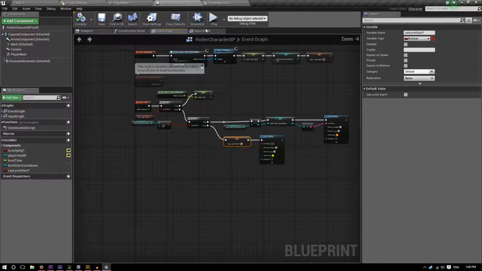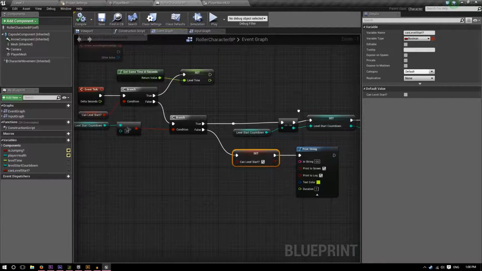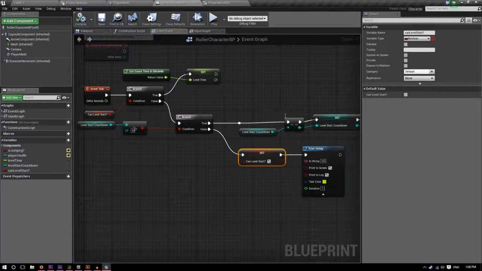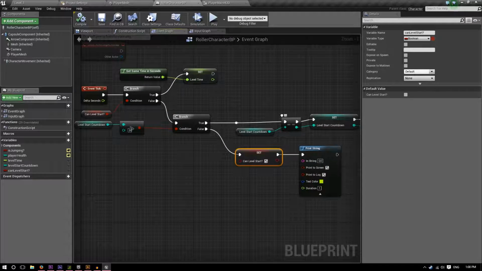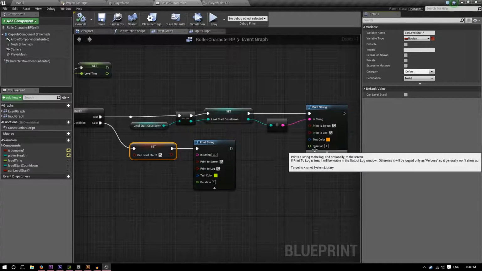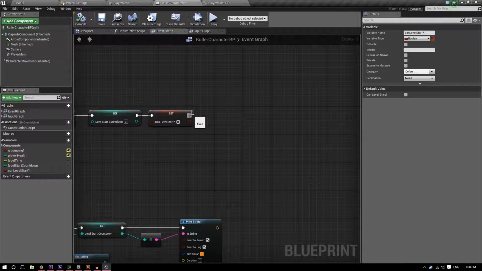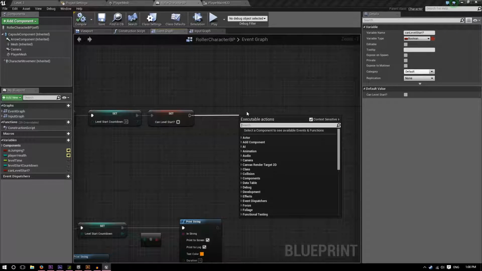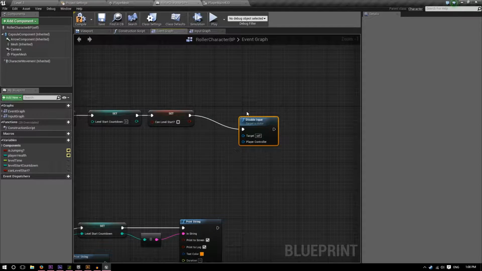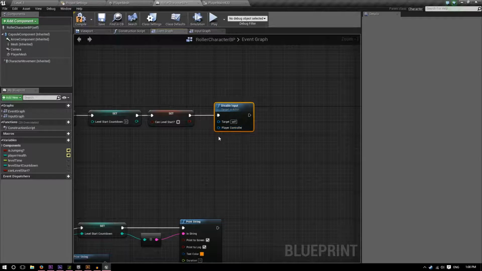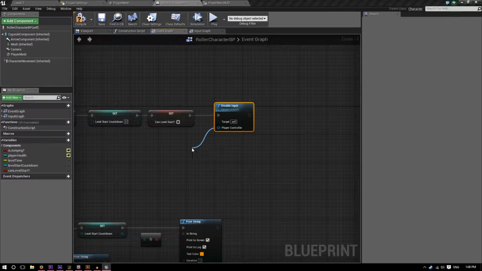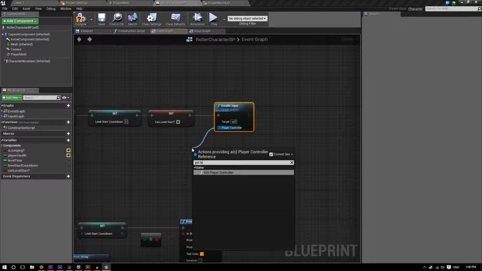So what we're going to do is we're going to say, drag this out, we're going to say disable input to the player, self, and the player controller, get player controller. This gets our player, it disables the input, and then if the level can start,